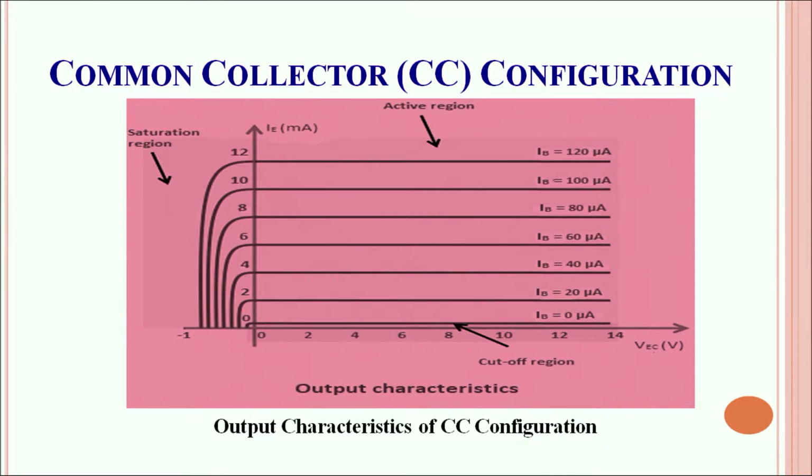Of the three configurations which we have discussed, the common emitter configuration of the transistor is used in most of the cases. For various devices where we use transistors as amplifiers, switch or oscillator, it is the common emitter configuration which is practically used. The common base configuration and the common collector configuration are rarely used for specified purposes.